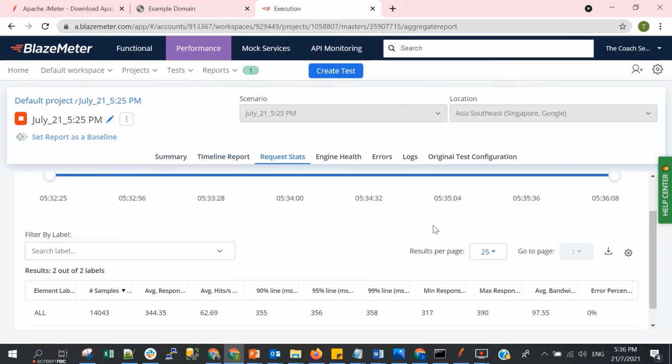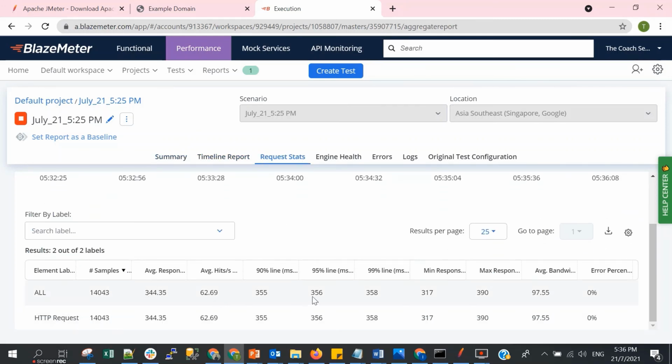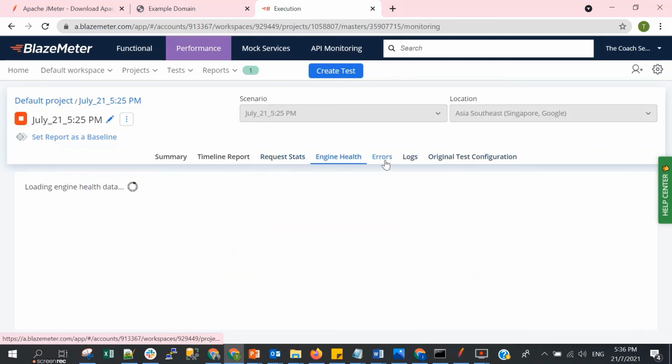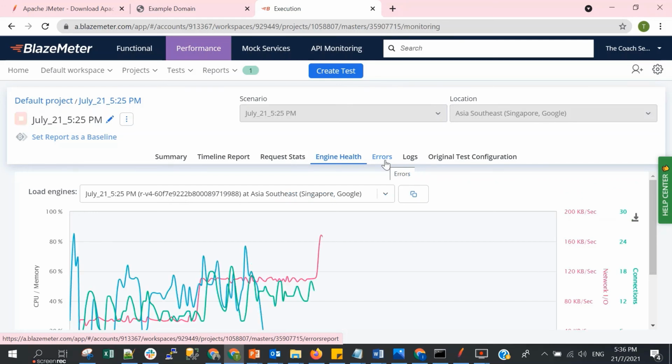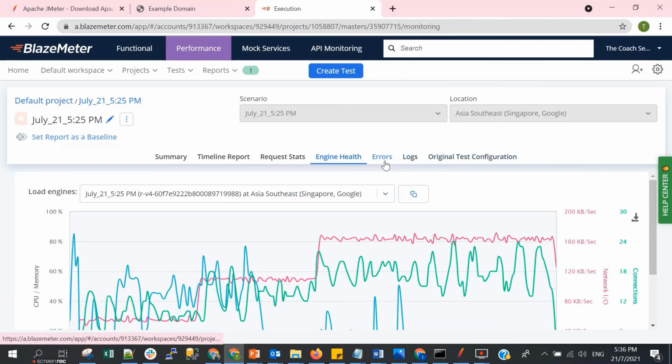You can see all the request stats. You can find this also in JMeter, actually, the average response and then minimum and so on, all the stats. Yeah, and some other details. You can check it out from Blazemeter. That's all on how to run the JMX file in Blazemeter.